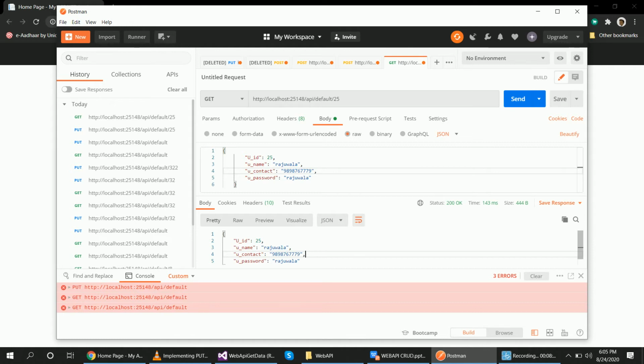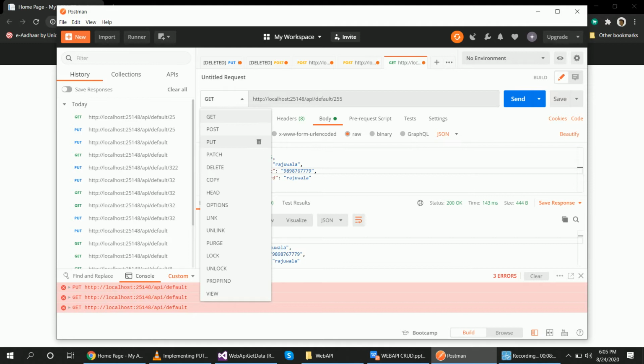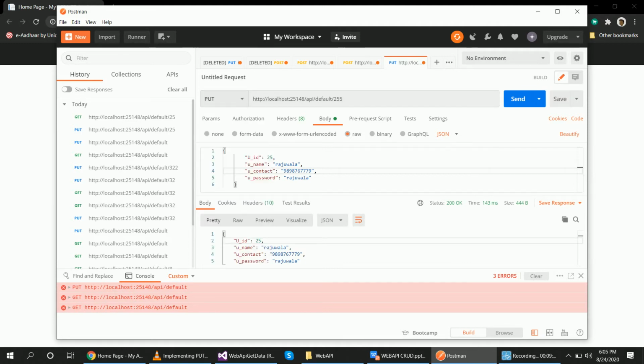Okay, and if I put an ID which is not available in my table, when I click on PUT and send it, what is the message?